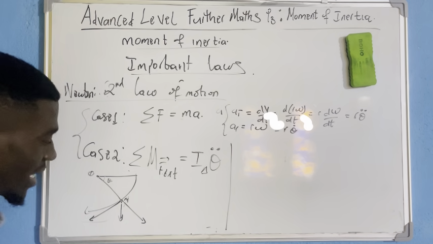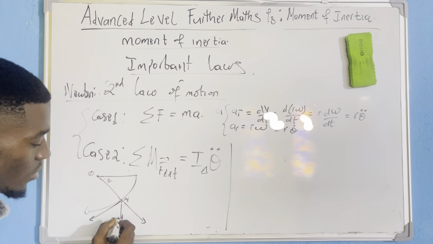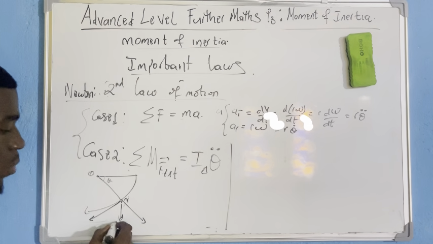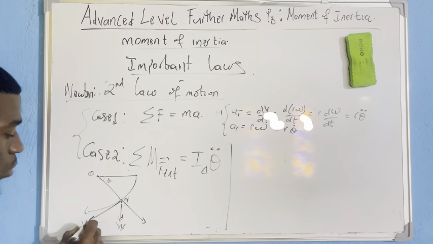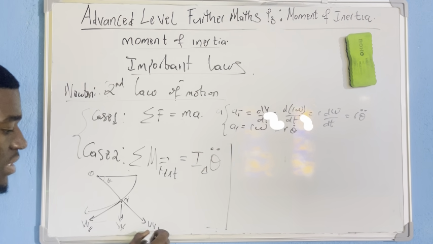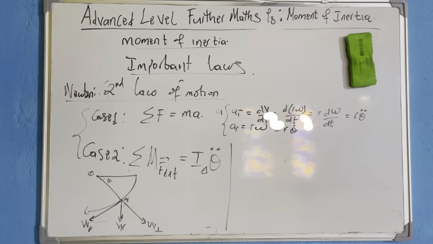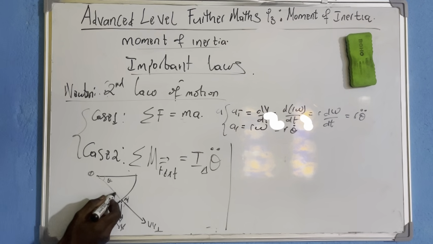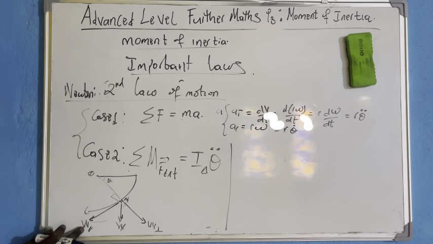If I want to calculate the moment, the only force acting on the body here is the weight of the body. So the only external force having a moment here is the weight. Now there's one weight component which is parallel and one which is perpendicular. Between these two, which one has a perpendicular distance from the pivot? This is the line of the pivot. So it is the tangential one which has a perpendicular distance from the pivot.